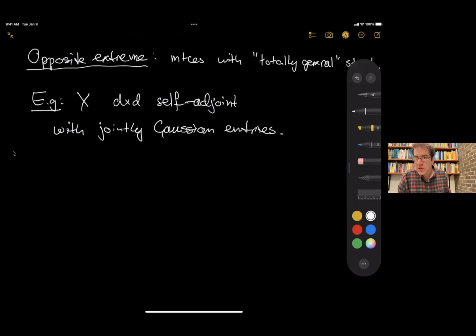So for example, you can take your favorite painting by your favorite artist, let's say it's a grayscale painting. Just take a matrix, 300 by 300, and give each pixel a variance according to the intensity of your picture. Now I've defined a random matrix. If I take the entries to be Gaussian, even independent, but their variances are allowed to be arbitrary, then I can take any picture and use it as the pattern of my variances of the matrix. So you take your favorite Van Gogh painting, turn it into a random matrix, and now tell me what the spectrum looks like. This kind of model doesn't fall at all within classical random matrix theory.